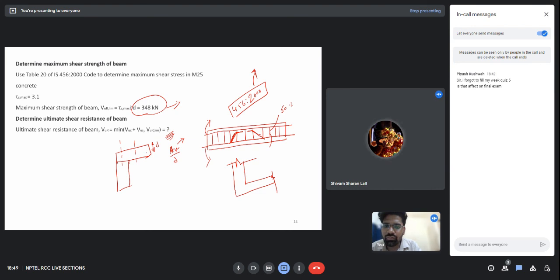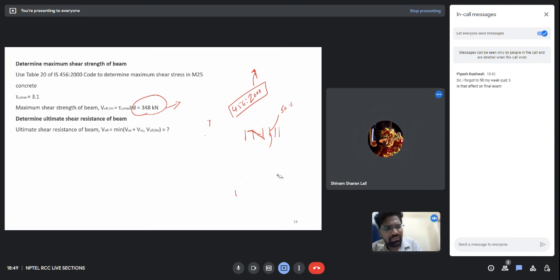Do you have any schematic view for this? Okay, that's fine. I will figure it out on my own. See, are you trying to